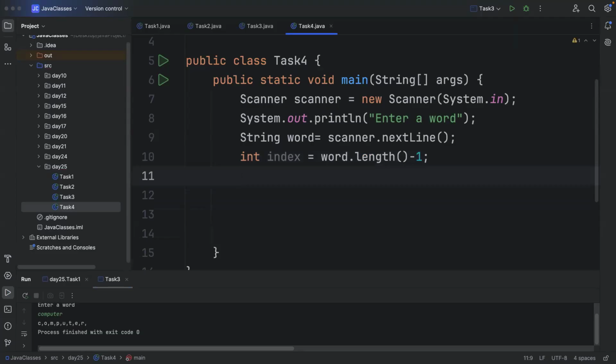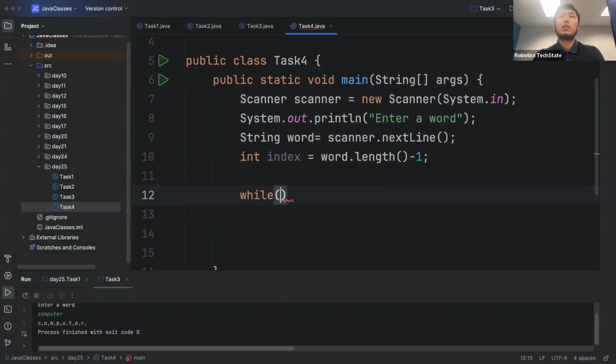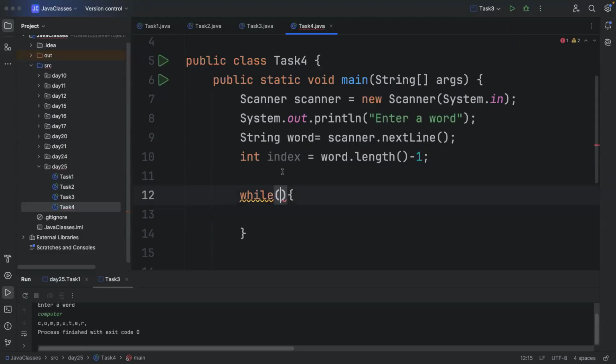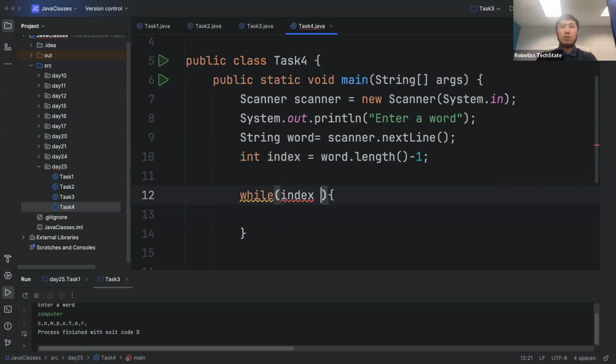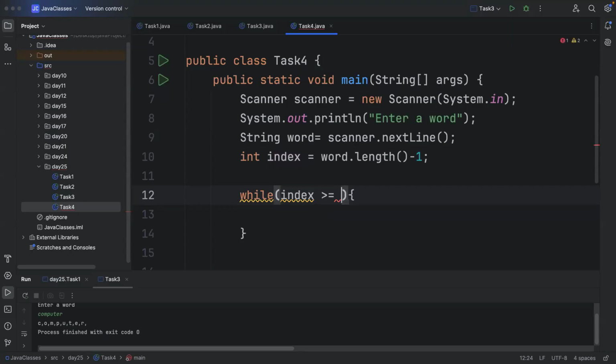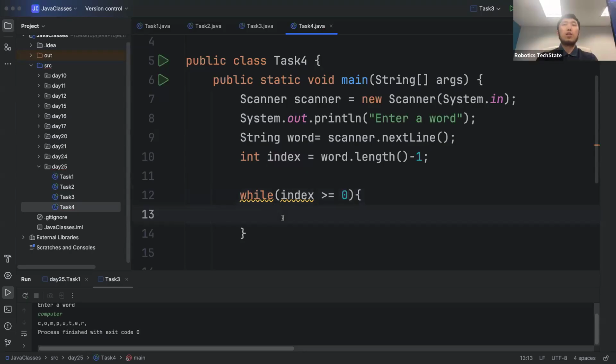And then the while condition: while the counter should be greater or equal than 0. Tell me your condition. I wrote counter greater or equal to 0. Did you create a counter variable? No, it's index. In this case, index, but I just wrote counter. What should we do here? Index greater or equal 0. Yep. So if the entered word is laptop,